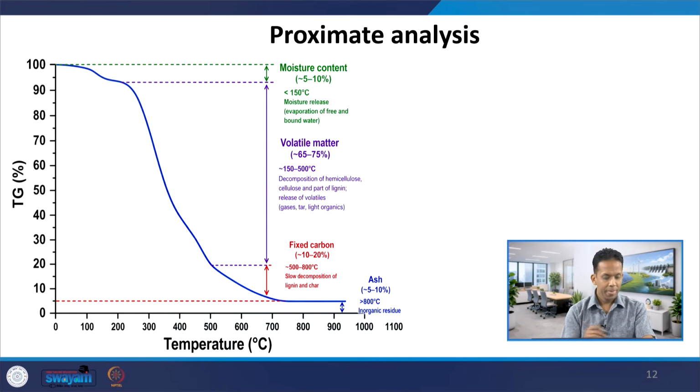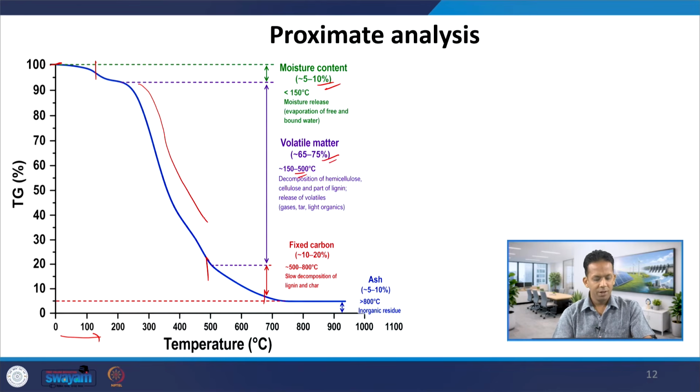Proximate analysis, like I said, is based on the mass loss curve. When the sample is put into the thermogravimetric analyzer, initially the mass is 100%. As you go on increasing the temperature, at around 100 degrees you will get the moisture. When the temperature is increased all the way to, let's say, 700 or 500,